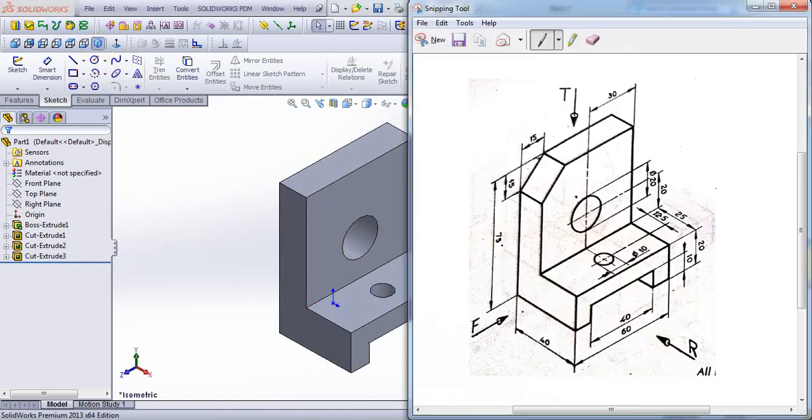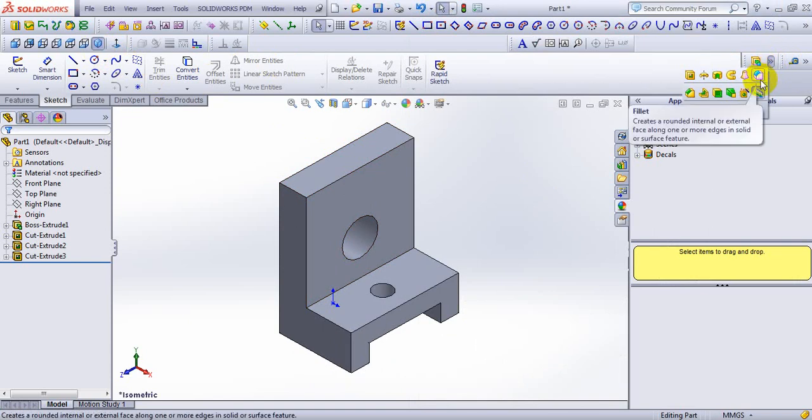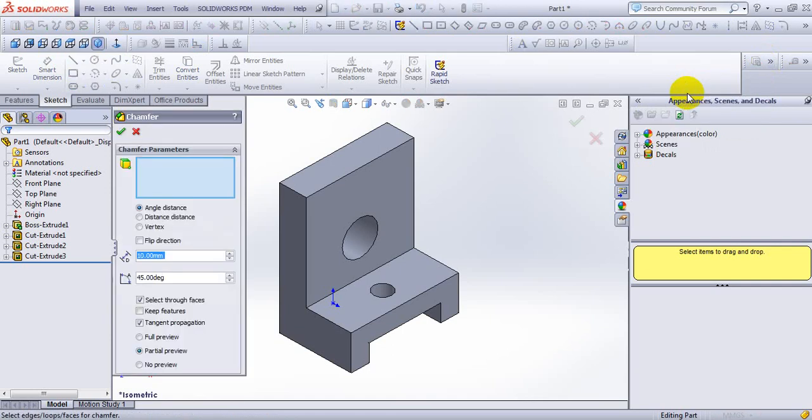Now finally, we have to chamfer this edge. A distance of 15 and 15 is mentioned. Now let us see how to do the chamfering. Here in the feature toolbar we will get fillet and chamfer. Click on the chamfer. Here we have three options: angle distance, distance, vertex.